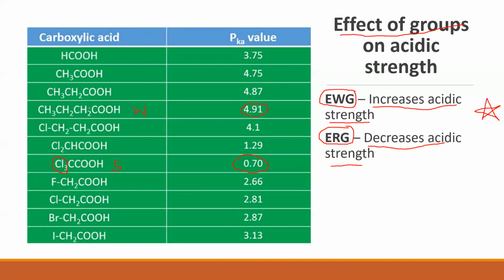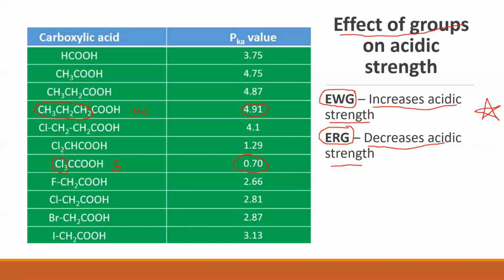butanoic acid? In butanoic acid, I have this propyl group which is attached to COH. In general, alkyl groups are electron releasing in nature. This is a propyl. It will release electrons into the COH. Hence, there is a decrease in acidic strength. And that is what you see in most of the other cases here as well. Clear? So when you look at the next one, say 1.29, which has 1.29? 1.29 is